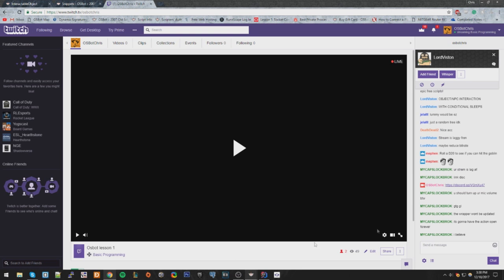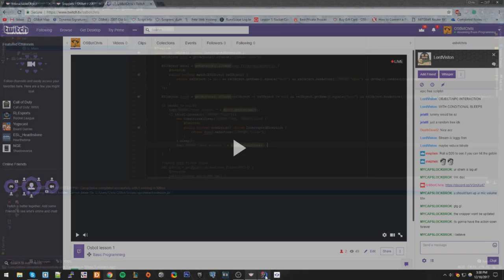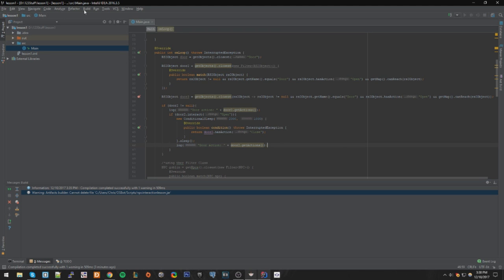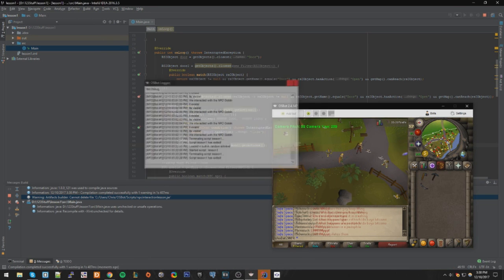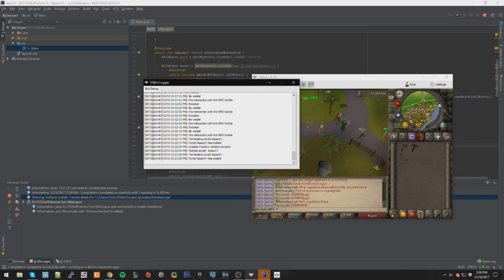It might be true what you said in the chat. It won't update. It might have the action forever, but we'll check here. We'll rebuild, check the logger,